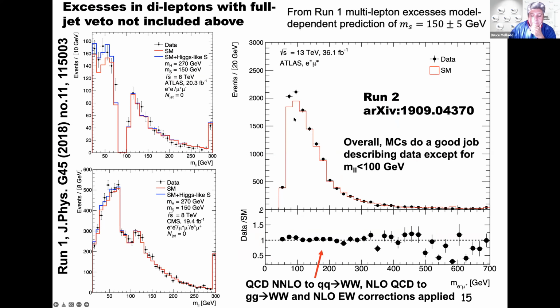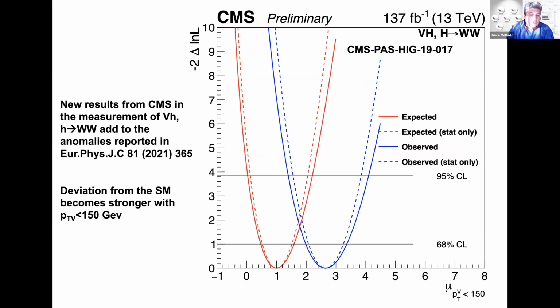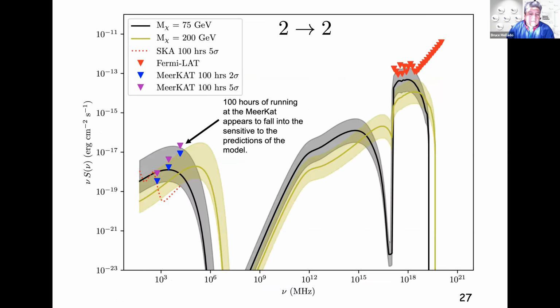This is basically where the excess occurs, something not very heavy, or for instance here you look at the invariant mass of 2 leptons. If you fold that into a mass, it's around about 150. So we already had for years indication that something is happening in that mass region. So we basically always said, look,